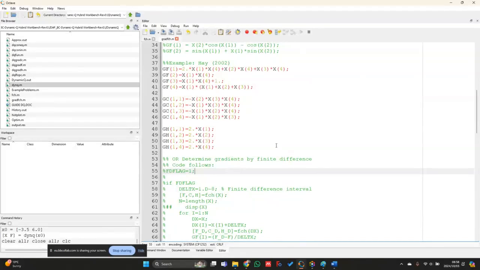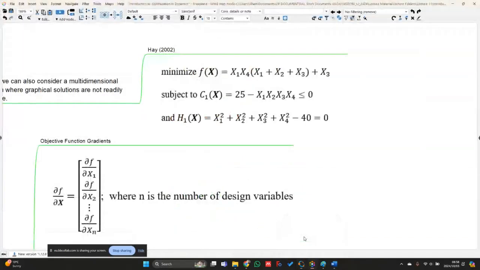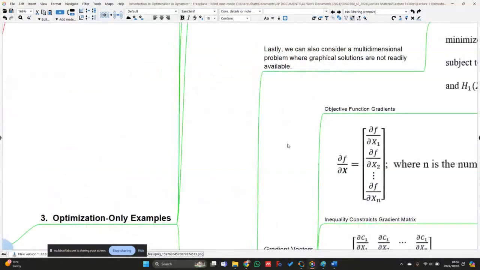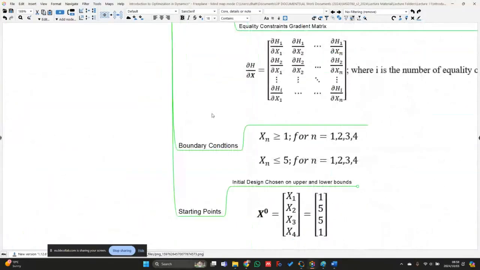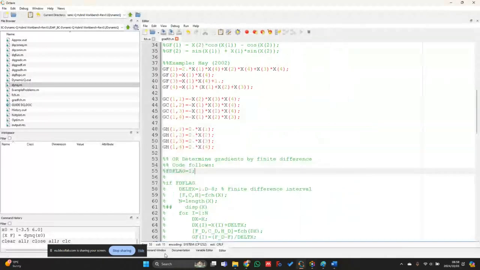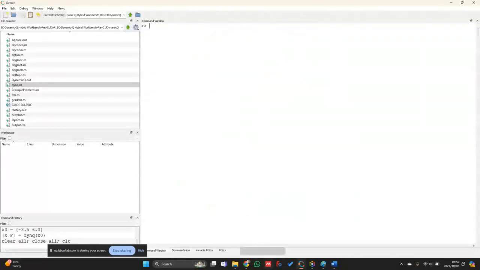All right, so once that is done, then I just have to go and look at what the other inputs are that I have to give this system. So they give me the boundary conditions as well, and then the starting points. So let me first go and generate the boundary conditions. So it has to be between 1 and 5. So if I head back to my command window, I'm just going to say low is equal to, and let me generate, so this is for all 4 variables. So I'm just going to type in 1:4, and then comma, and then I can say, so this has to be